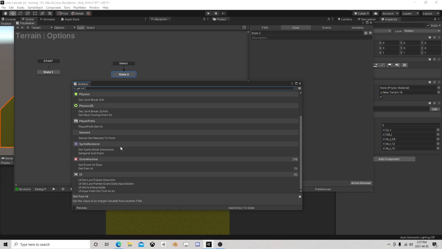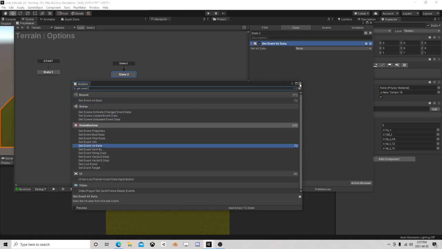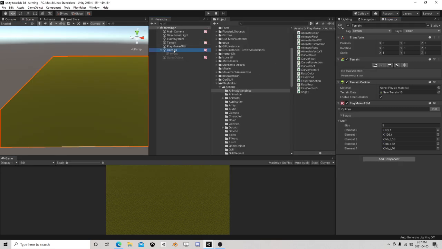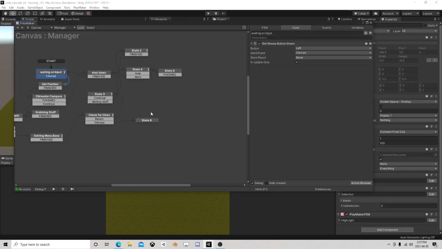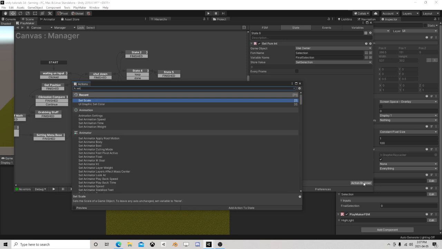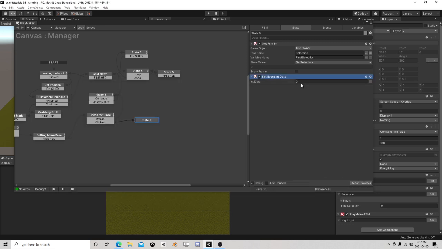Get int, get event int selection. Okay, so now we're going to get that. We're going to set event int data with that value,